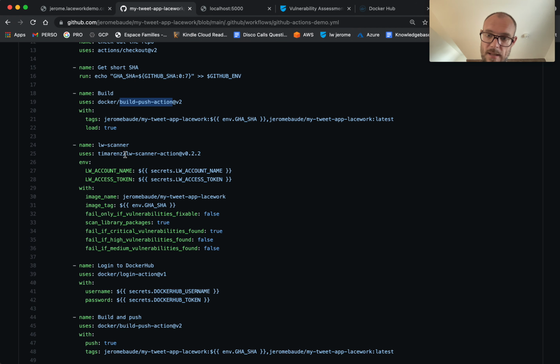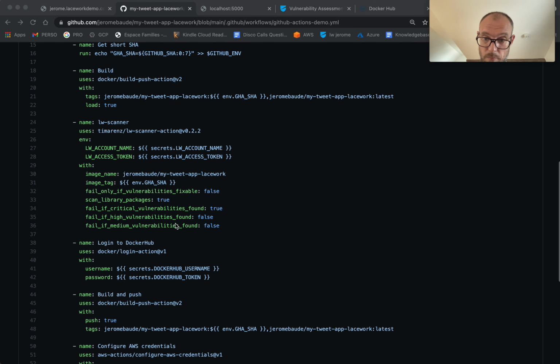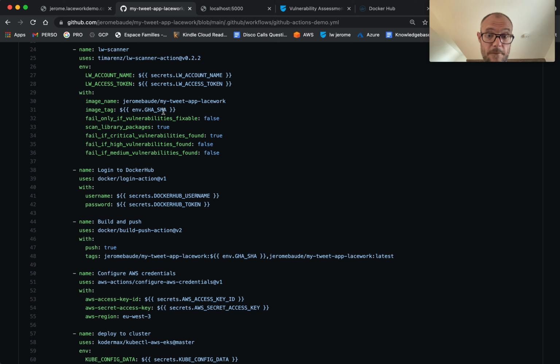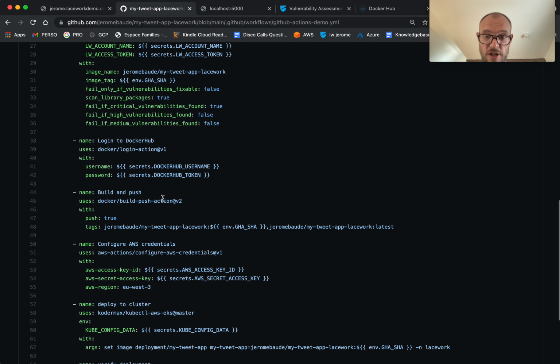As I said, here I am doing the scanning of this image and blocking if things contain critical vulnerabilities. Now, if things go correctly, I log into Docker Hub and I'm pushing this image into